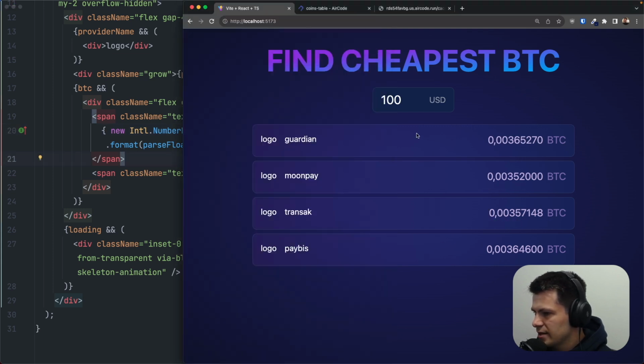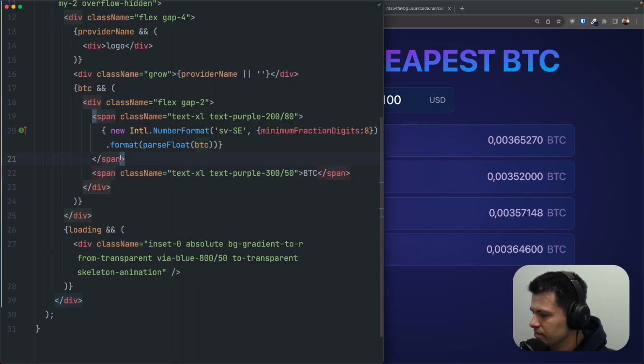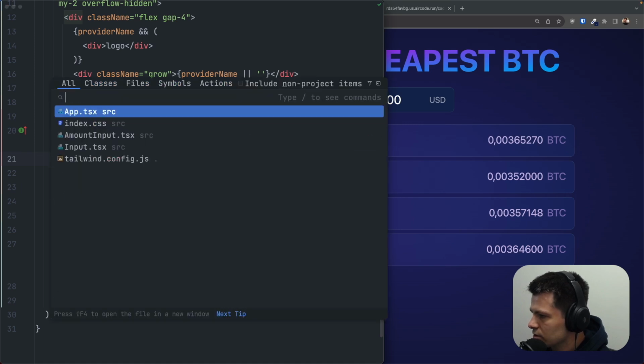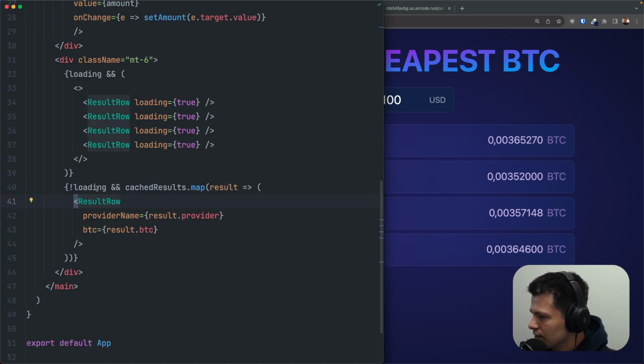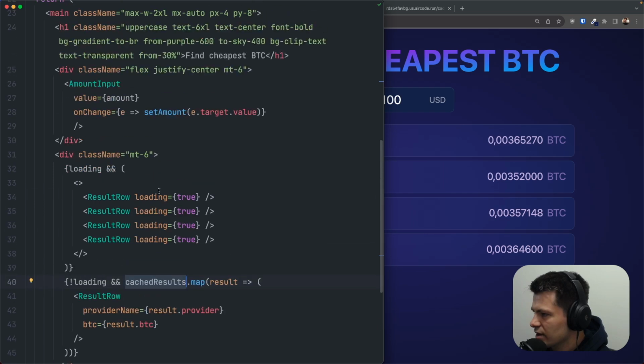All of those should be links, and we need to fix the logos, and we need to sort them as well. And then we will also do that when you change something here, it will fetch the latest values for this amount, but one step at a time. So first, let's sort them. So let's go to our app.tsx, and we have those cache values, but those are not sorted. So to sort them, we can do